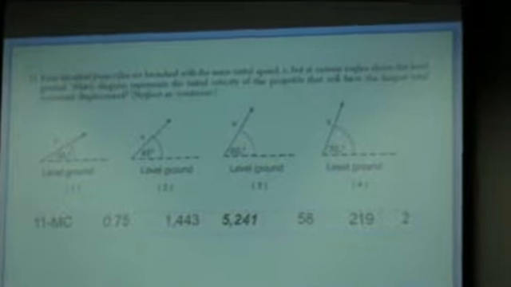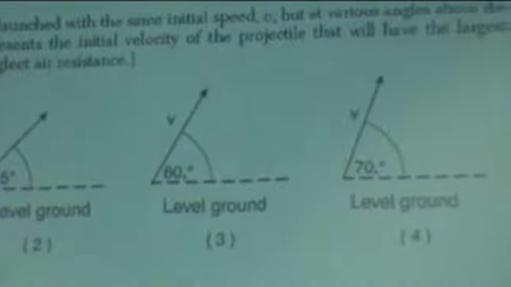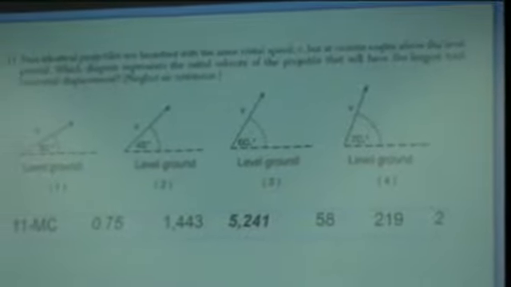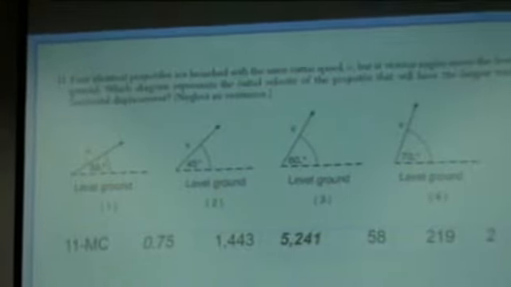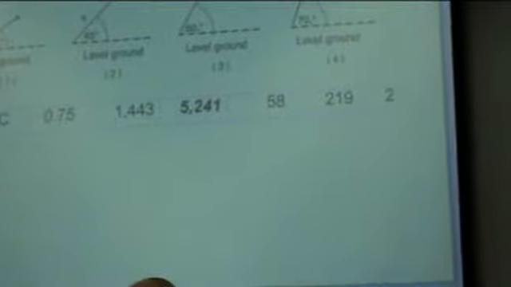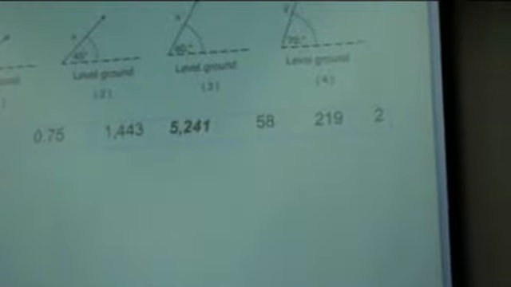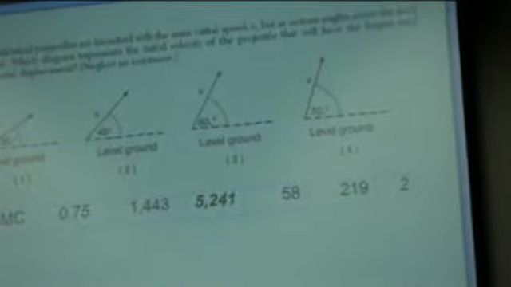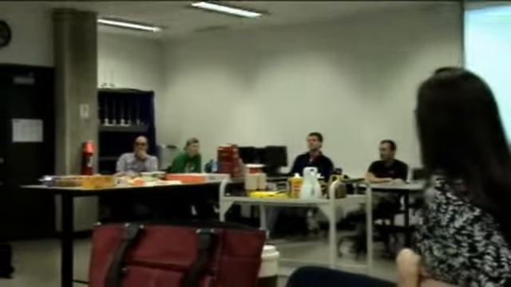That kind of verifies what we've probably all seen: the most common misconception is that the lower angle will go the farthest. And then you have kids who are just going, well, 70 is the biggest, so therefore it's going to go the farthest, but that's not nearly as big a problem. I would say anyone who picked 60 was probably just guessing, because it falls in between everything and just doesn't make sense. If you know 45, I try to get the kids to play the old track and field games and Nintendo, because if you do that, you know from, at least when I was 7 years old, that 45 degrees is going to go the farthest.